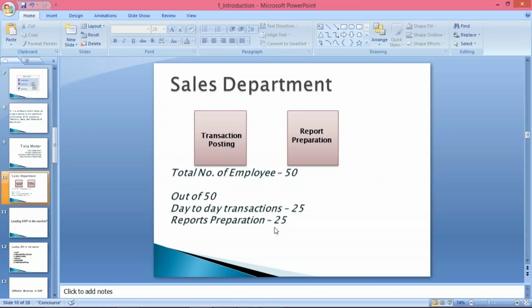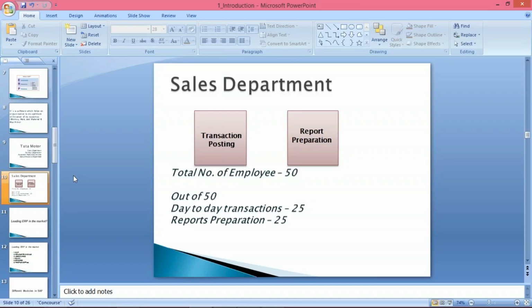So this is how SAP or ERP helps Tata Motor or any such organization to make optimum or maximum utilization of its resources. Earlier 50 resources were required. Right now the same activity can be performed by 25. So this is how ERP helps any organization make optimum utilization of its resources. Okay. So this is a classic example of the benefit of ERP.